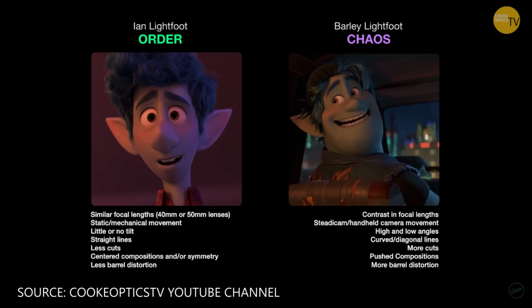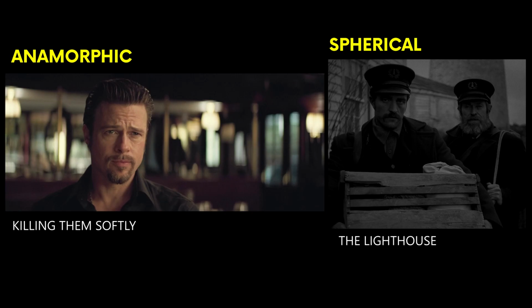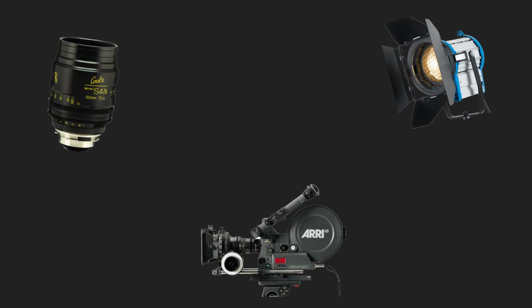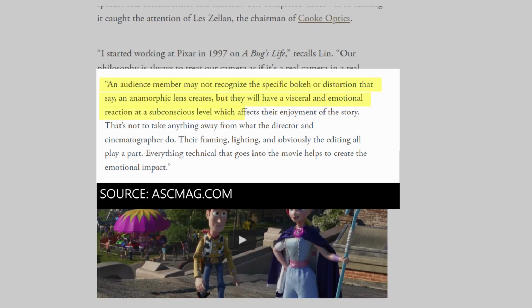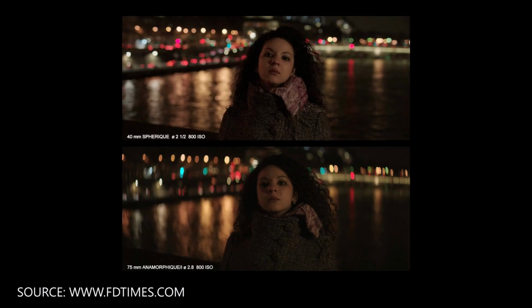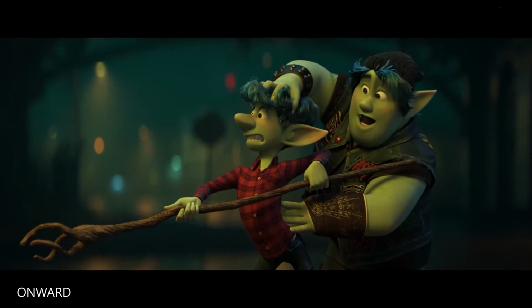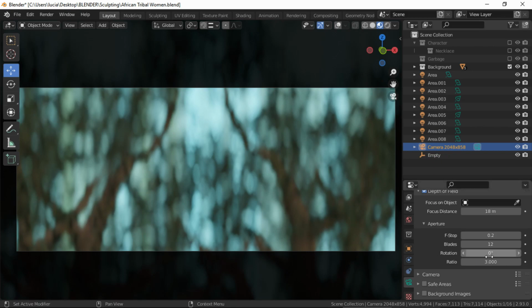We also want to tell a story, and just like in live-action films, where depending on what the director wants to tell we find different lens choices and lighting, we want to be able to have those options in 3D as well. Because these visual decisions have an emotional impact on the audience, even if it is at a subconscious level. Well, we can't just rent a virtual anamorphic lens. That doesn't exist. But we can at least try to emulate some of its visual characteristics.